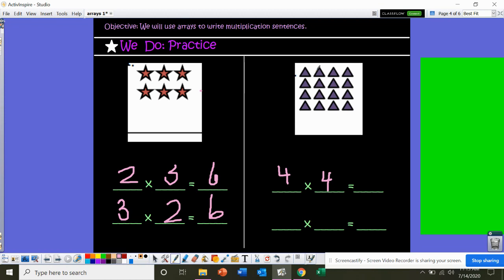So I'm going to count by 4s. 1, 2, 3, 4, 5, 6, 7, 8, 9, 10, 11, 12, 13, 14, 15, 16. I have 16 altogether. This one really doesn't have a commutative property because